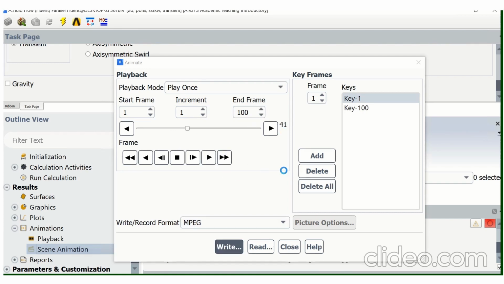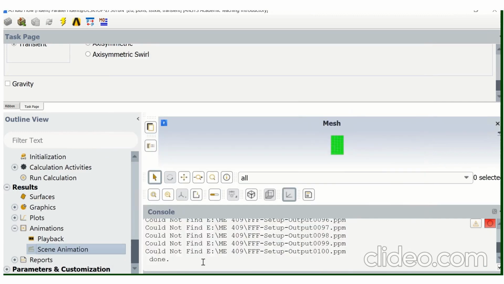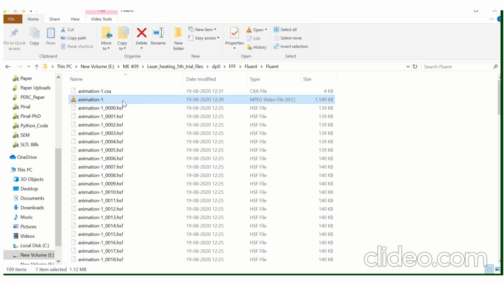Once this process is complete, you can click on close and go to that particular folder, and you will find the video file over there.